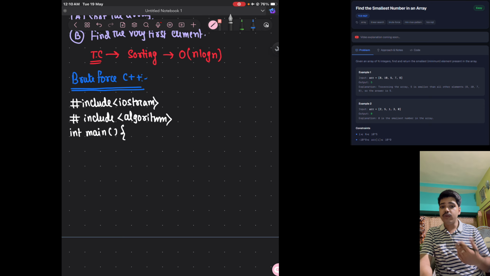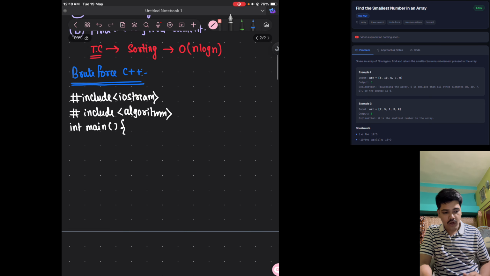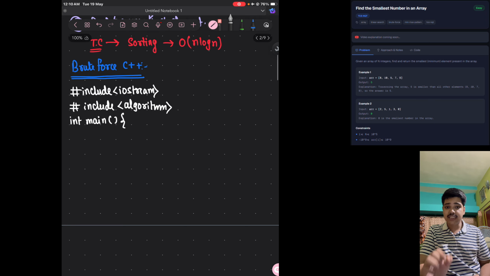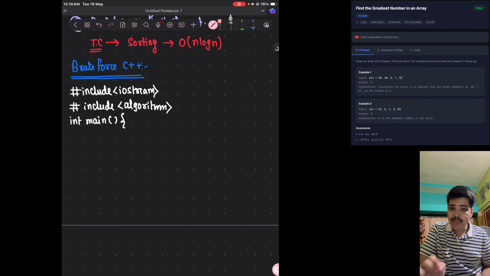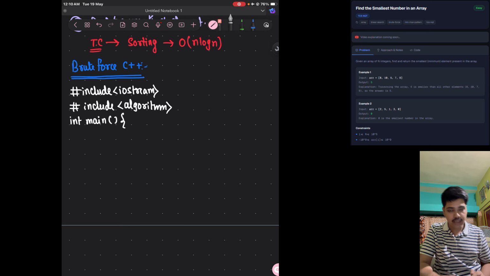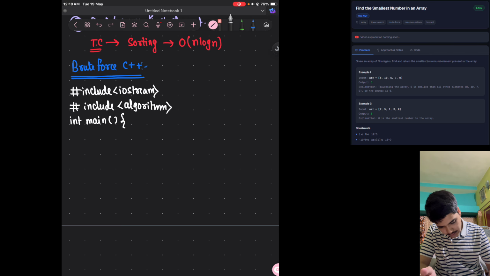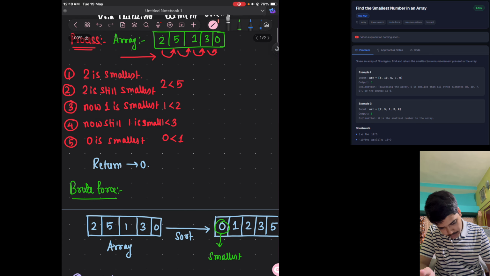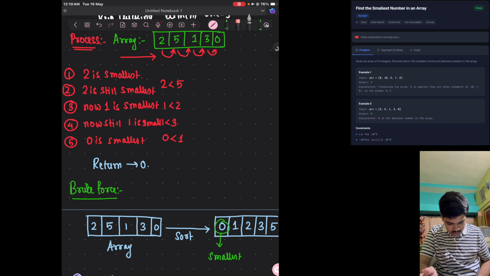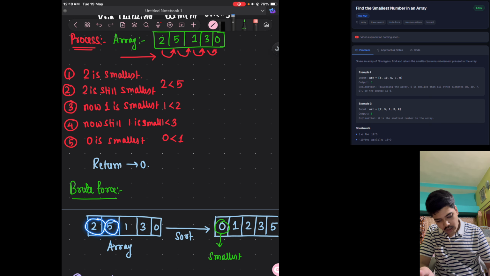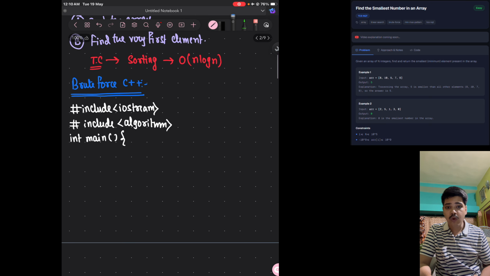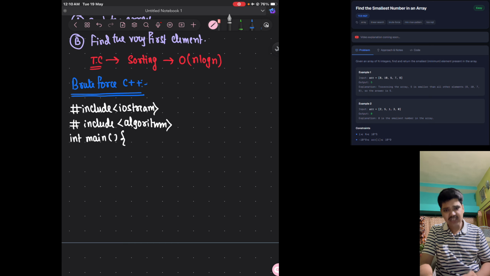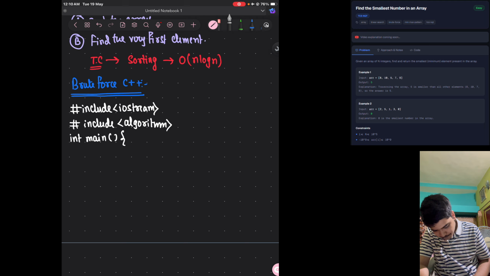Now we will start coding this. First of all we have to create that array. In C++ we have to mention what type of value the array contains. We are dealing with numbers. We said the smallest element, and you can see here that the array contains numbers. So what do the numbers mean? Integers, right? It could also be float, but we are dealing with integers. So int